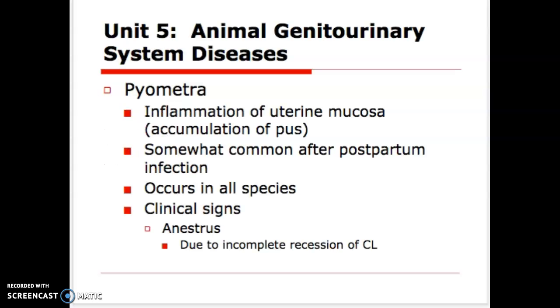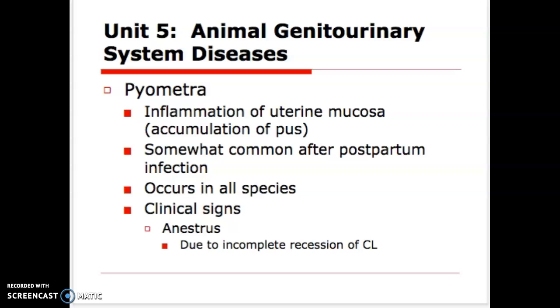So the first one that we'll hit on is pyometra, which is very highly correlated a lot of times to some of the diseases that we covered in the prior section, especially when you talk about retained fetal membranes. Pyometra then is an infection of the uterine mucosa, which is essentially an accumulation of pus, in easy terms, that occurs within the uterus there. And so it's pretty common after postpartum infections, whether it's metritis or retained fetal membranes. We're going to talk about metritis here in a couple slides, but again, somewhat common and occurs in basically